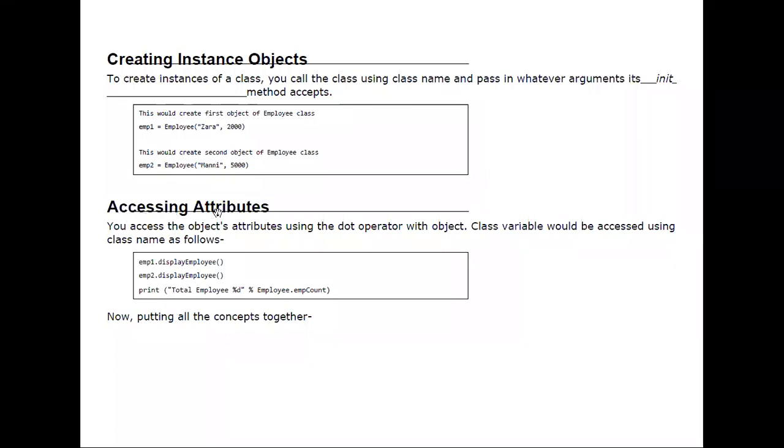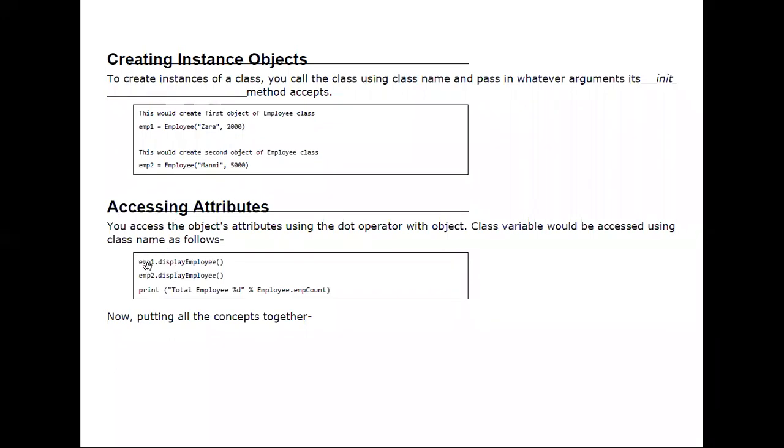How can we access the attributes? We have just created two objects and we have assigned some values to the instance variables, and now we have two objects, emp1 and emp2. How can we access the information, how can we access the attributes?